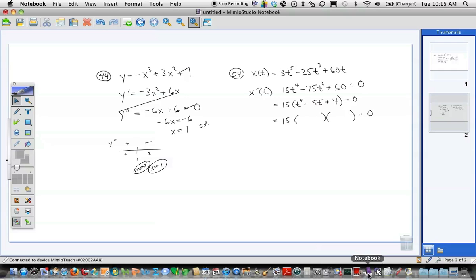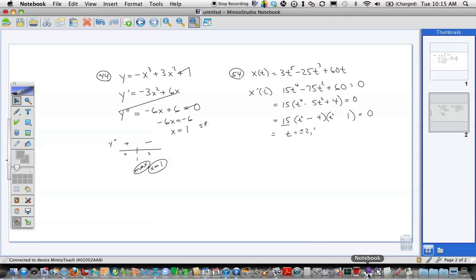Now we can FOIL this. We'd have t squared and t squared. We have 4 and 1. Okay? Then what? You could factor them again, plus or minus 2, plus or minus 1, right? And the 15 we can ignore because that'll never equal 0, right? 15 will never equal 0. So t is either going to be